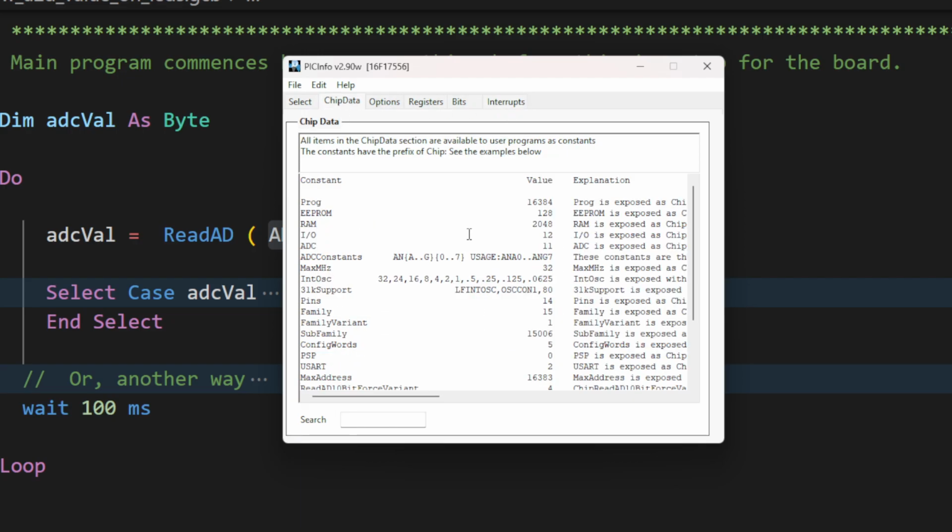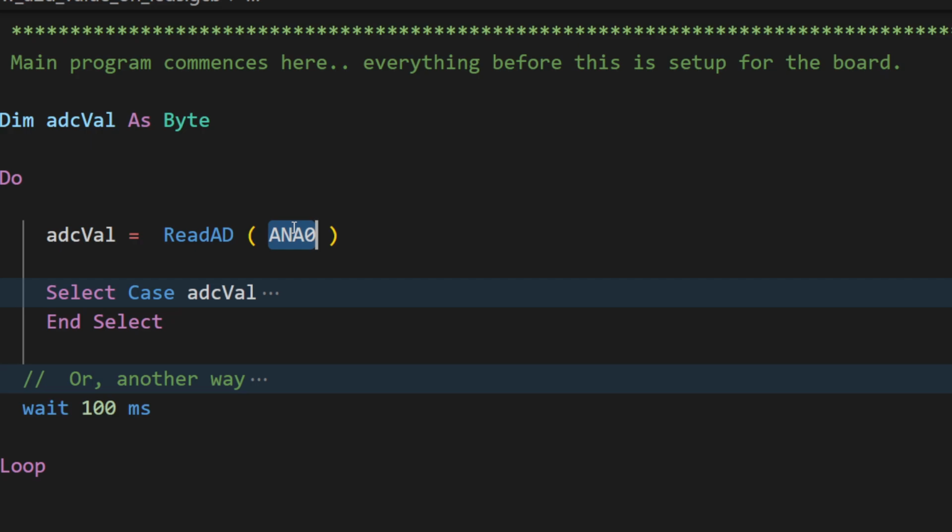Let's look at the chip data. It says here, ADC constants, and they're called ANA, AN, that's fixed. They might be A to G, 0 to 7, and it says here usage AN0 to ANG7. That tells you you've got ANA through to .7 and ANB, ANC, AND, exactly. So these constants are available. It gives you an example, ANA0, so you don't have to go look in the data sheet for the same names. There's a little tool here. So we're talking to ANA0, which is attached to the port